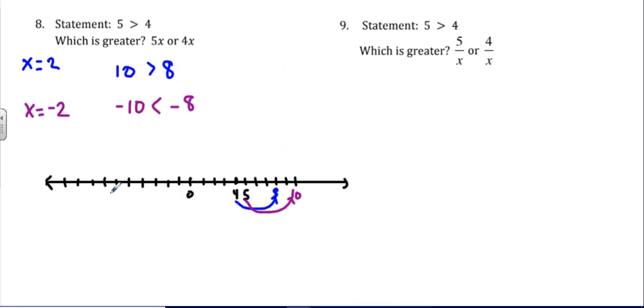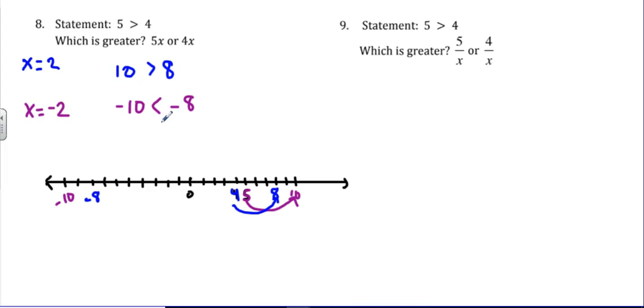So 8 is now a negative 8 and 10 is now negative 10. So here the order changed because of the opposite. So the sign flipped. Whenever you are multiplying by a negative number, the sign will need to flip, which is